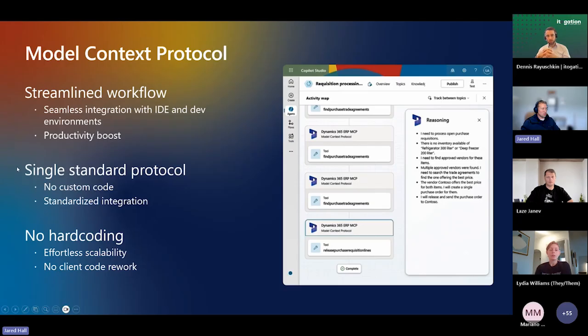It's also using a single standard protocol. MCP wasn't developed by Microsoft, but it's being taken up by Microsoft rapidly so that we can participate in the AI community. It's a protocol that just manages the relationship between the agent platform and backend systems. And because we're built using that protocol, you can take our server and connect it to any agent platform. Copilot Studio is still going to be our primary platform, but you could use that server on any agent platform that supports the protocol, and then removes that need for hard coding because those operations are just exposed automatically through the MCP server.